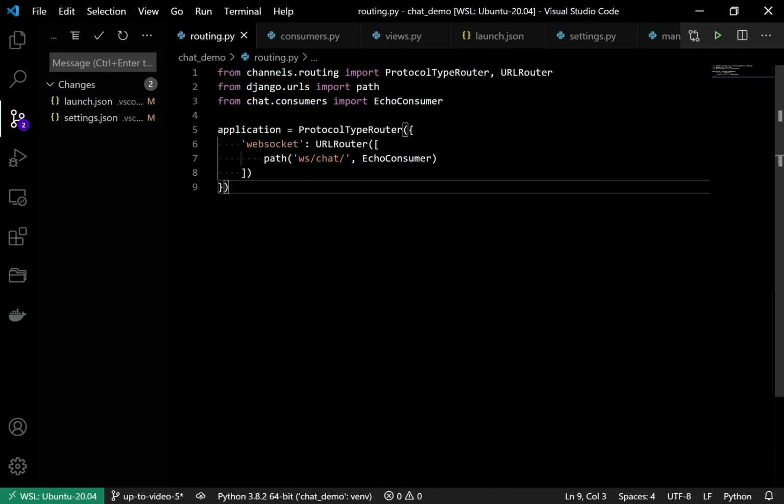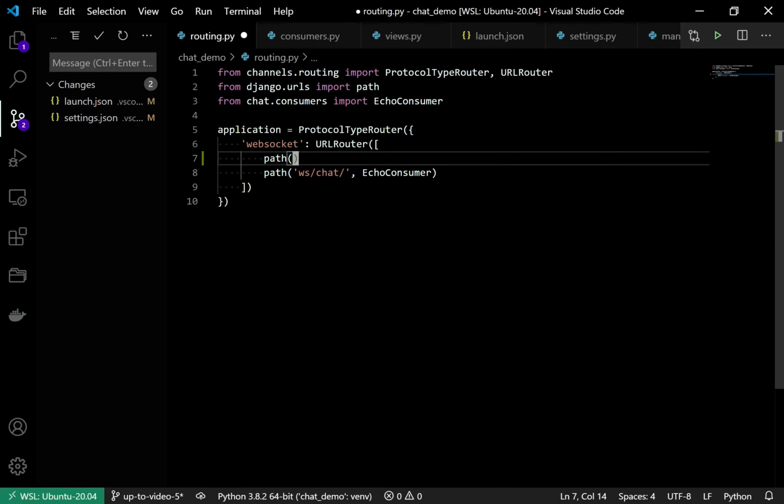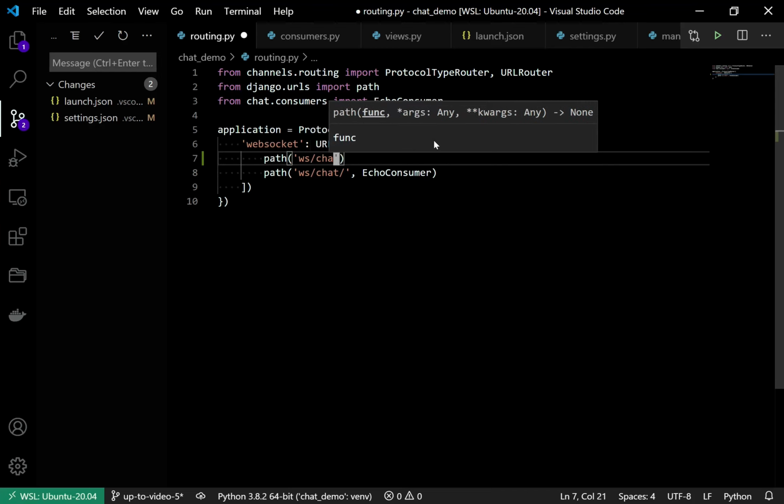So I need to add the new path ws chat slash, and now we are going to need a username as well, right? Whom I want to talk to, and for that particular person I need to create the WebSocket connection so I can send and receive messages on the same connection.